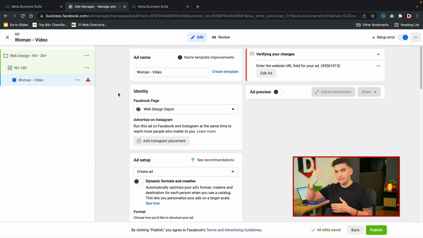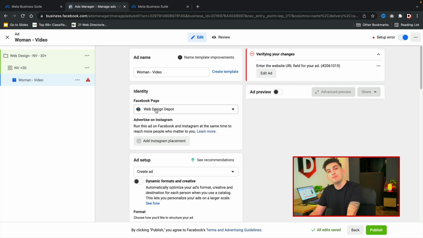Because if you're running a lot of ads, it makes sense to name them so that you remember what you're doing, right? Because if you were to just put ad, you're not going to know what ad you ran. And then you have to click on it, and maybe something will break and then your house burns down, you know, so that's what happens there.